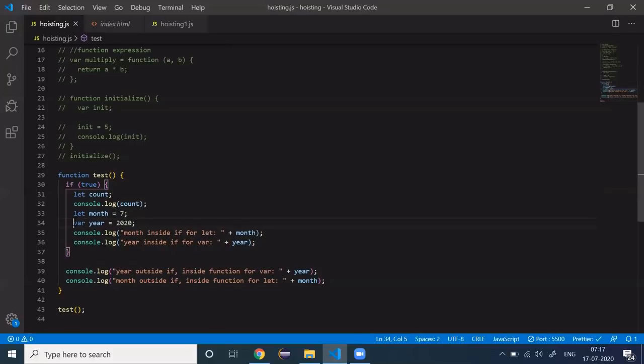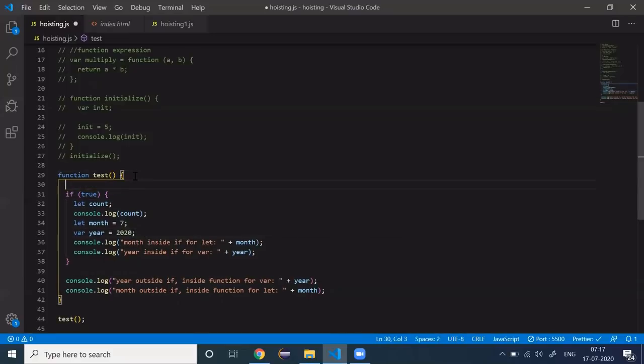So even if you define it like this, what happens in the backend? In the JavaScript engine, the actual code would look like var here. So the declaration would move to the top of the function scope. But in case of let, it is block scope. So if you define any variable using let, you cannot access it outside the block scope.